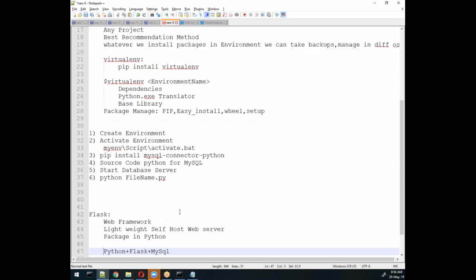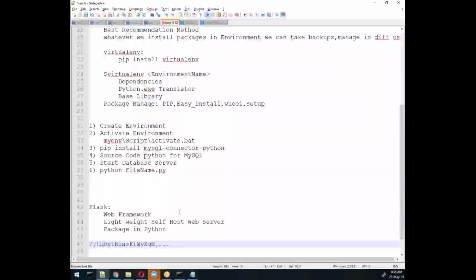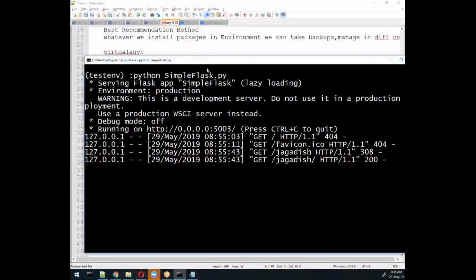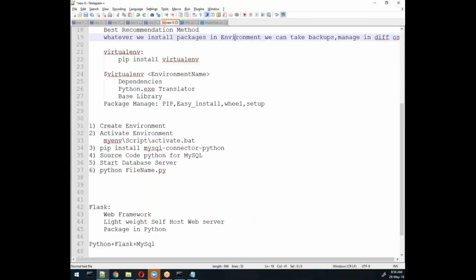So you mean to say this particular Flask, whatever you have done, is deploying a new server, right? That's what you're trying to say. Yeah, I deployed my own server, and this is a self-hosted server. That means no need to install any software. It is automatically hosted, and it's totally lazy loading, and it will trace all this stuff.